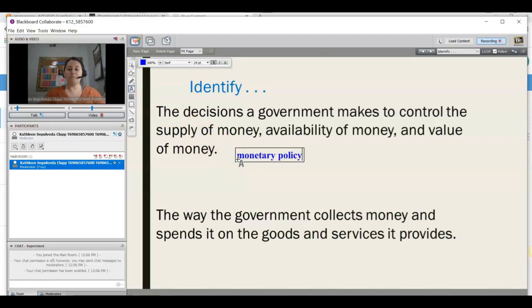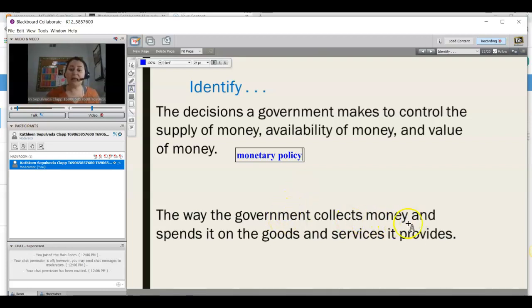Policy is set into place to give you value on your money. If we have more money than we need, or if people just keep printing money, our money becomes valueless. So we want to make sure that we do have some value to our money. And so we have this monetary policy that allows that supply of money to be controlled. How much money we have circulating right now, and the value of it. We want to make sure that we keep it up.